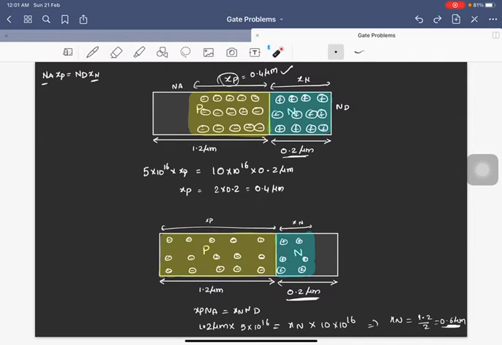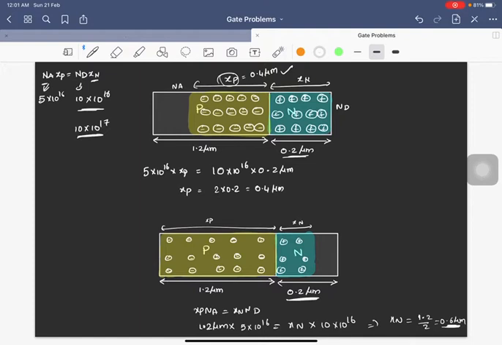So this is correct. So you may have a doubt, is there any case when this can be satisfied? Because N region is very small, I can think always that N region will be completely depleted ahead into P region. That will be the all-time case. That's what you may think. But let me change slightly the values of doping concentration in P region and N region. Then let's find whether our assumption is correct or wrong. So here in the question it is given as Na as 5 into 10 power 16 and Nd as 10 into 10 power 16. But I am slightly changing this 10 into 10 power 16 as 10 into 10 power 17.